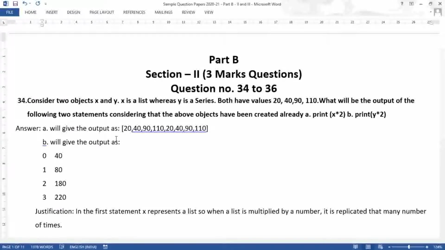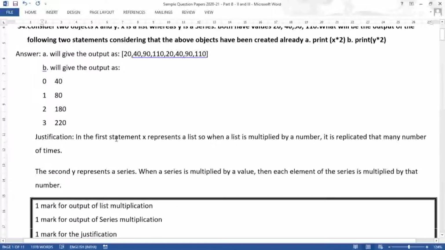So here is the justification given by them: in the first statement, x represents a list. When a list is multiplied by a number, it is replicated that many number of times. And in the second, y represents a series. When a series is multiplied by a value, each element of the series is multiplied by that number.